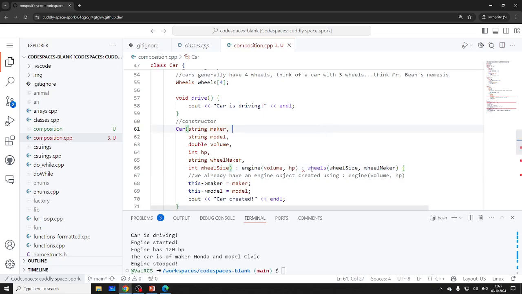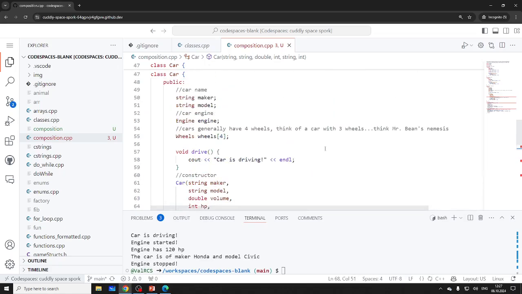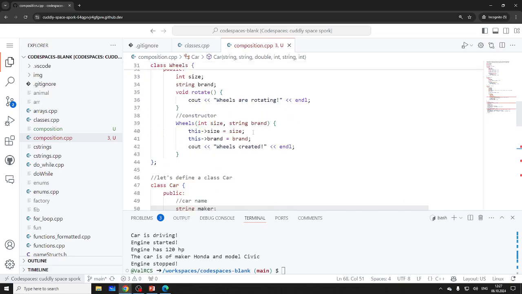Yes, but the problem is that this is actually an array of wheels, so that makes things more complex. This won't work, so we can't use this simple approach. We need to create them here. Do we have an engine? Do we have a wheel constructor? Yeah, we do. And again, we are assuming that hopefully all the wheels are of the same